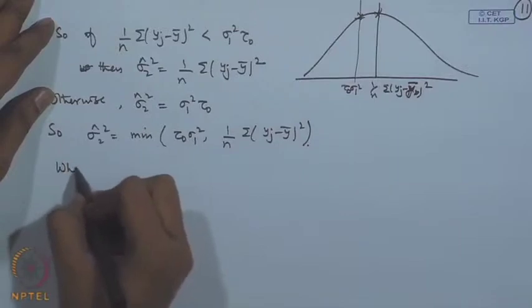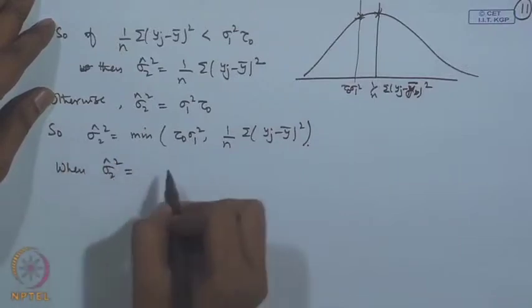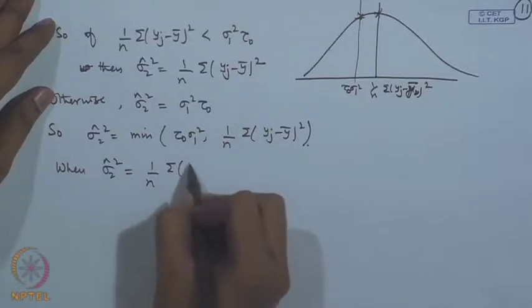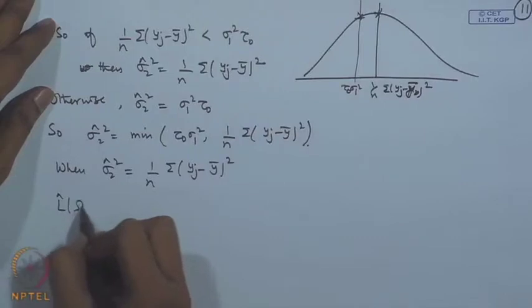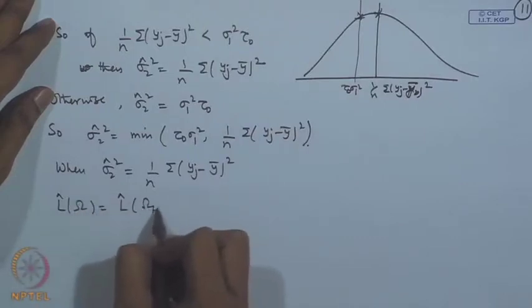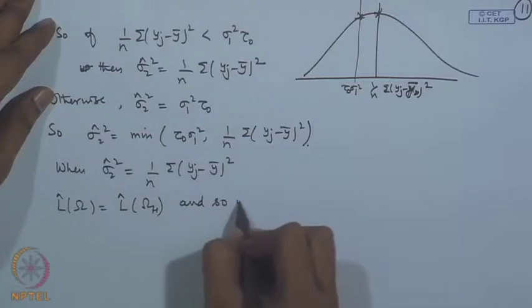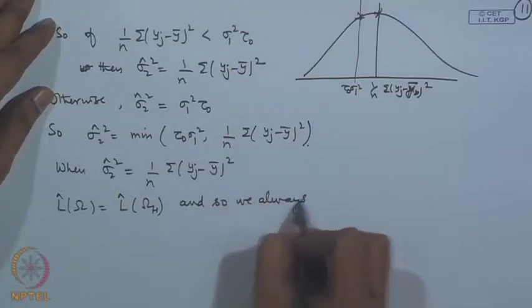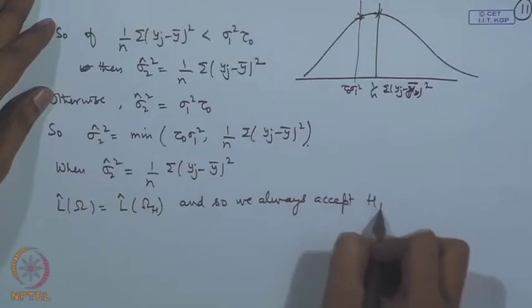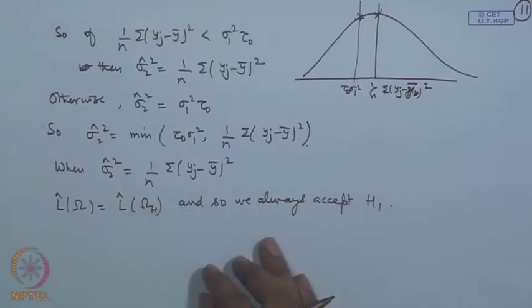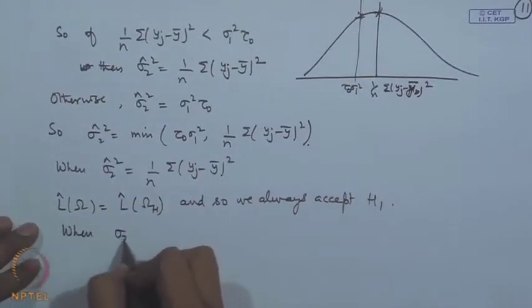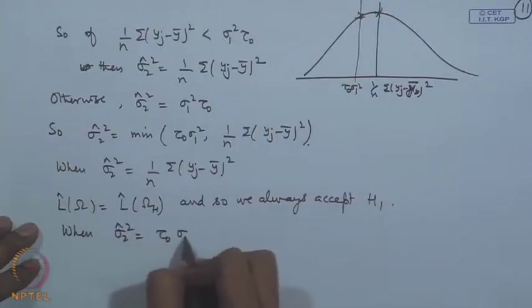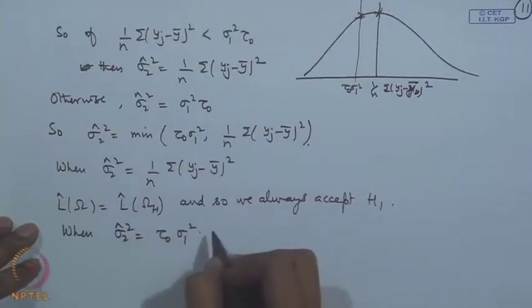So, when sigma 2 head omega square is equal to 1 by n sigma y j minus y bar square, I will get L head omega and L head omega h the same, and so we always accept h, because the likelihood ratio is supposed to be between 0 and 1. So, if it is equal to 1, we always accept h. Now, the other case, when sigma 2 head square is equal to tau naught sigma 1 square. In that case,